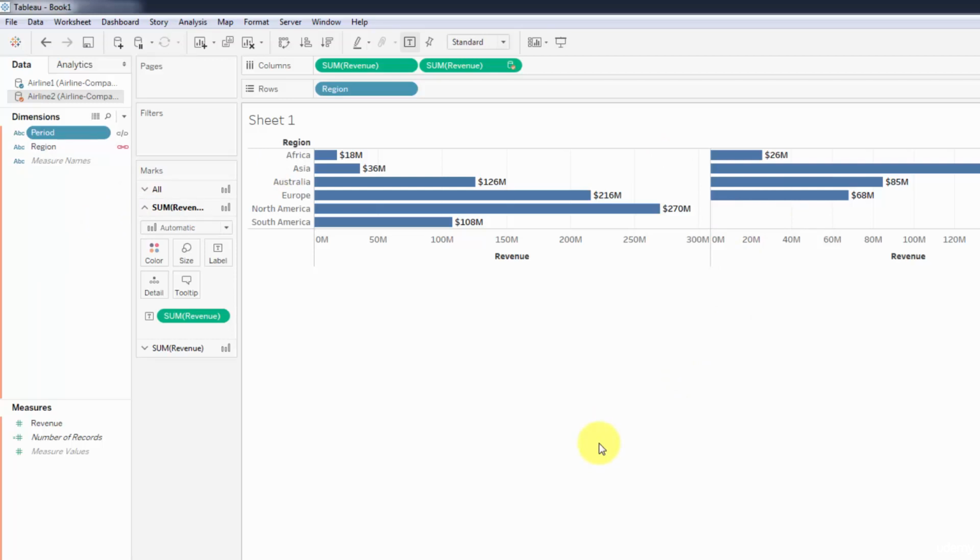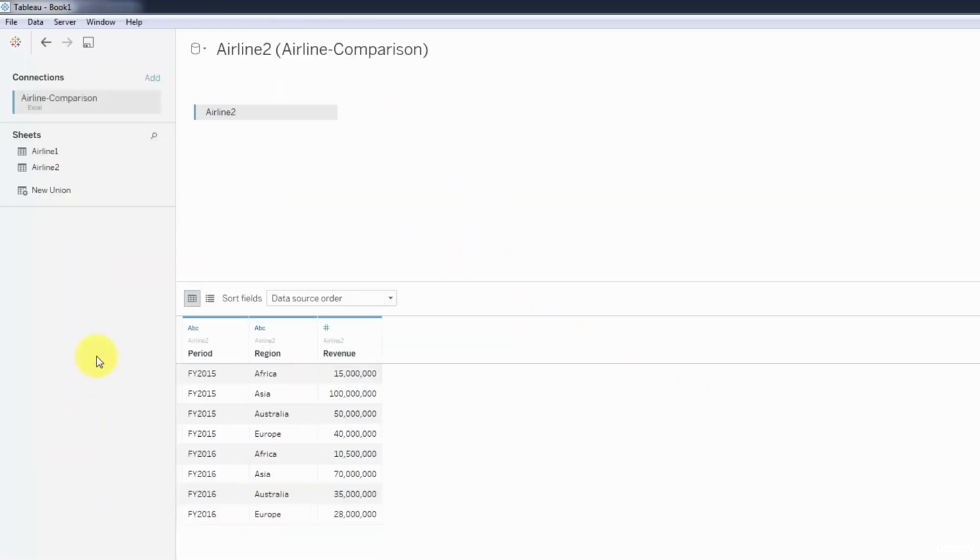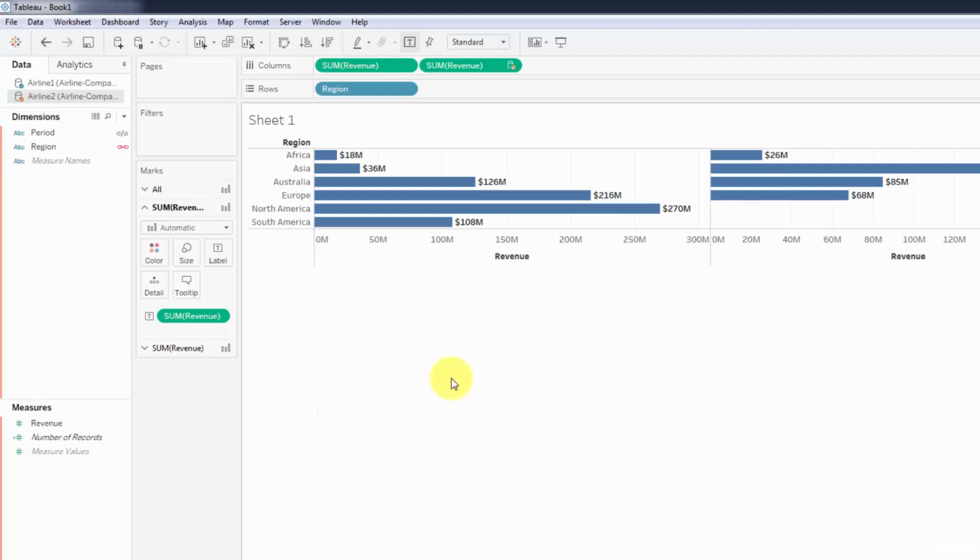And so what that does is that Tableau actually creates this join on the fly. And the way Tableau does it is a bit different to the way we were doing it manually back here in data sources when we were creating our own joins. The way Tableau does these blends is it actually, instead of joining the data at row level, it will first send queries to each of the data sets. It will aggregate them. So here you've got airline 1 and airline 2. It will aggregate them to the level that is required at the level of granularity of the visualization,